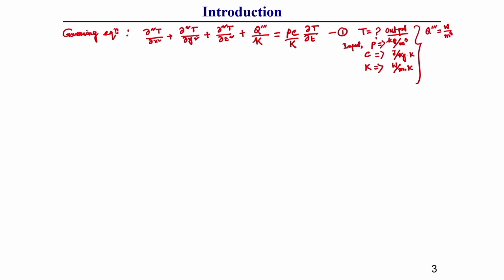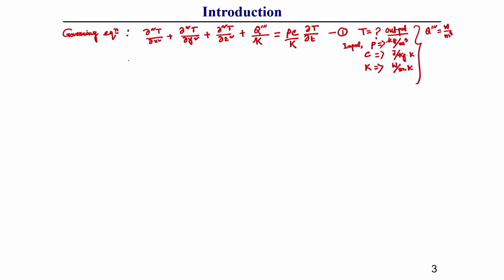Today, based on this governing equation and different boundary conditions and initial conditions, I will show you what different solutions we can get for the fixed heat source model and then the moving heat source model. If a particular plate has a point heat source and it is not moving, that means fixed, what should be the temperature distribution at a point over time, what should be its solution.